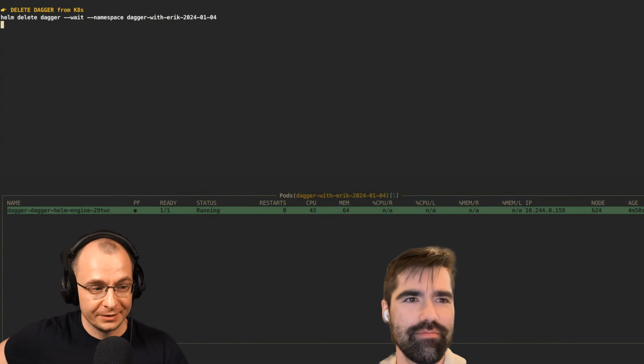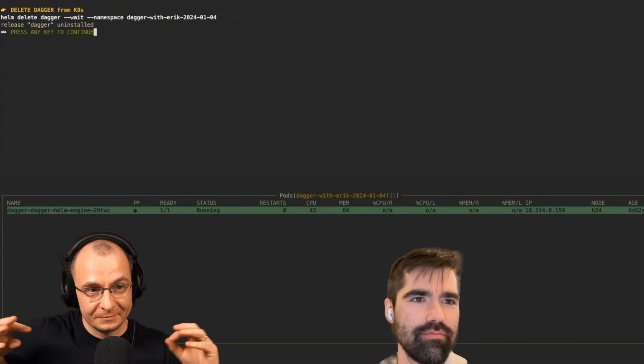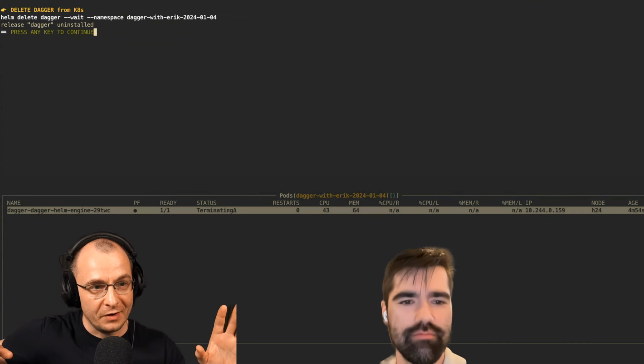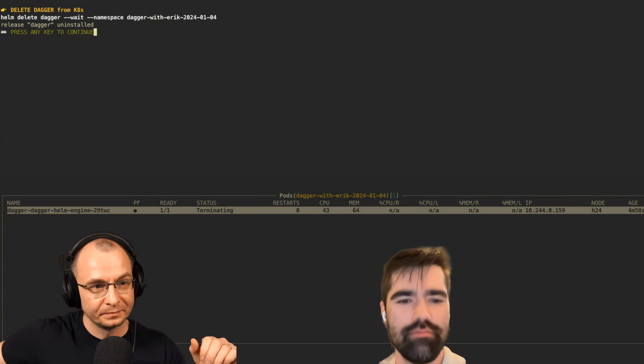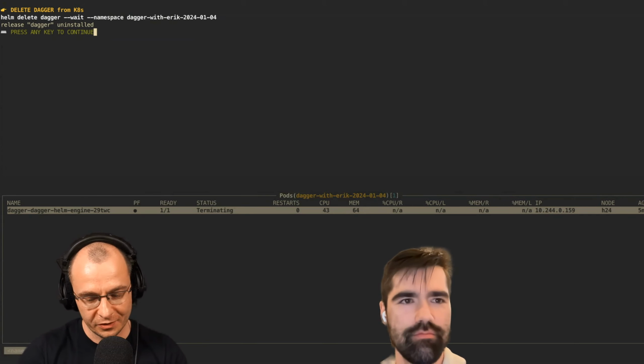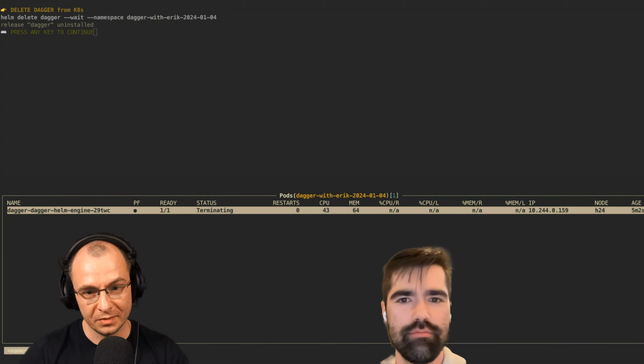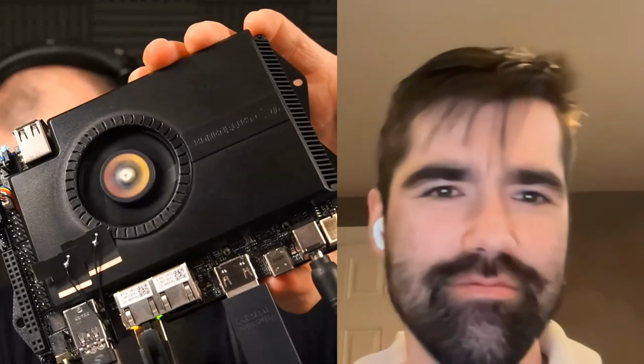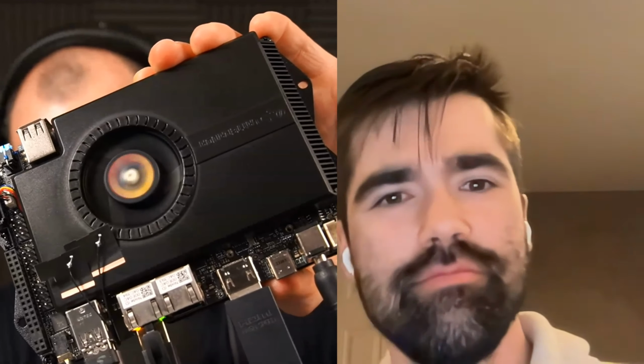But moving on, that was it. Now we're just deleting the Dagger engine. So we're cleaning it up. And you can see the pod is terminating down here, and it will take just a few more seconds before it's done. So we've seen that small little demo. There's many more to come. At least that's what I would like to do. Many more demos like this one. And again, if you haven't seen it, this is the star of the show, this little thing here. And I would really like to bring it to KubeCon and do a couple of things with it.